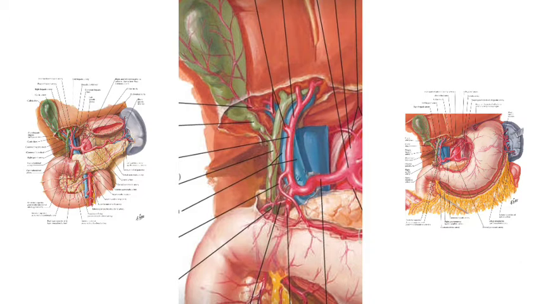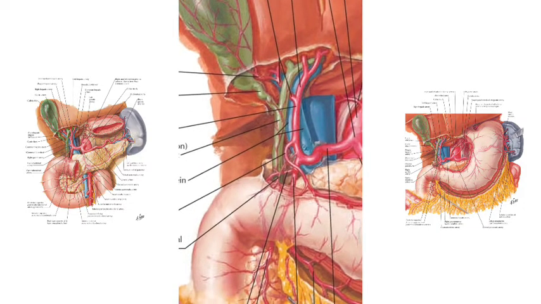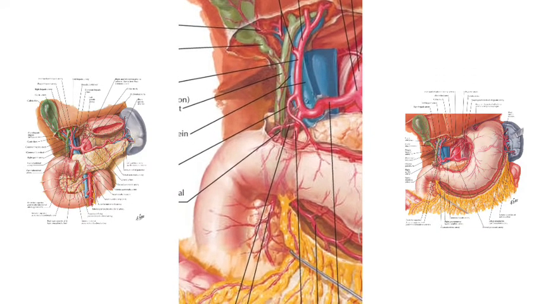When you trace inferiorly, this is the common bile duct. It passes posterior to the first part of the duodenum, and is going to enter this region, the second part of the duodenum. So we can divide the common bile duct into a supraduodenal portion, retroduodenal portion, infraduodenal portion, and intraduodenal portion. We are going to deal with the first three portions only. The supraduodenal portion, the relations are